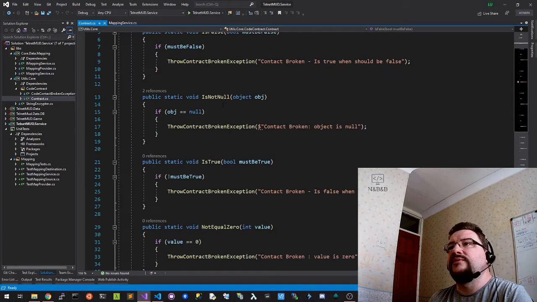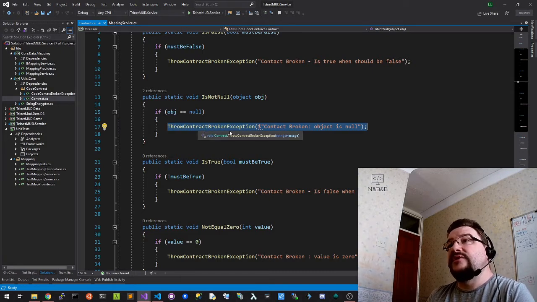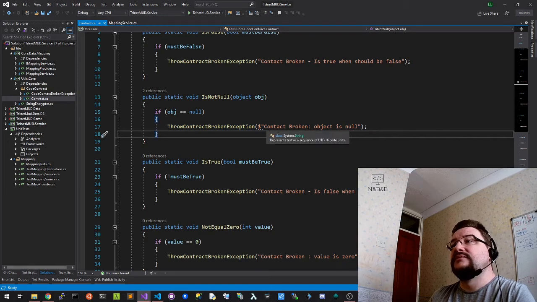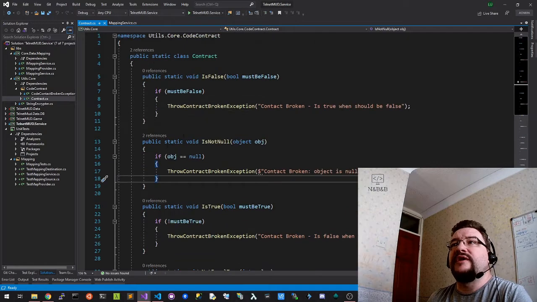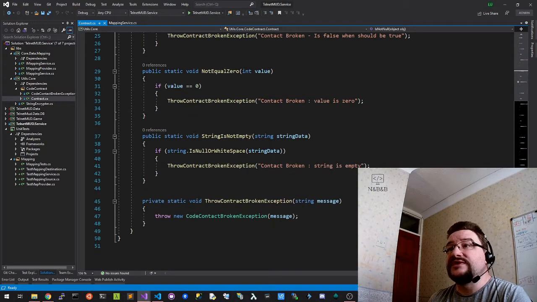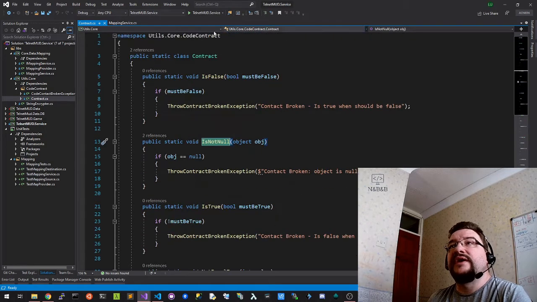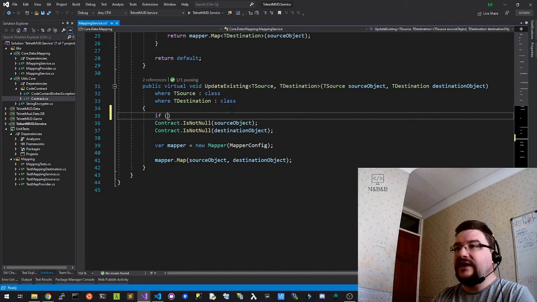It's called contract, and we can say it is null. And we can say, if our object is null, then we throw an exception. This time it's a context broken exception, and we give it a message saying this is why. And we have various things: is not null, is false, is true, not equal 0, string is empty, and all of that cool stuff. So instead of doing if source not equal